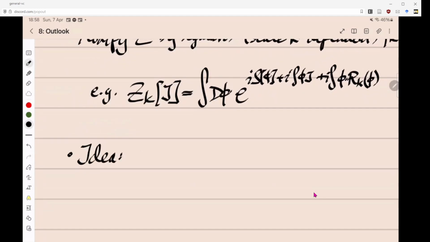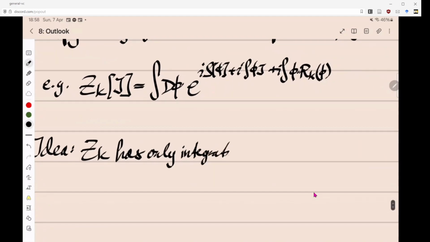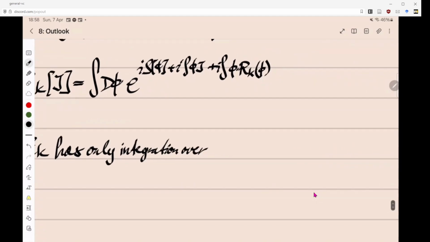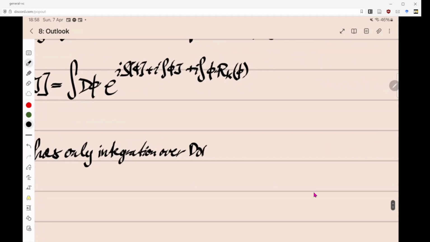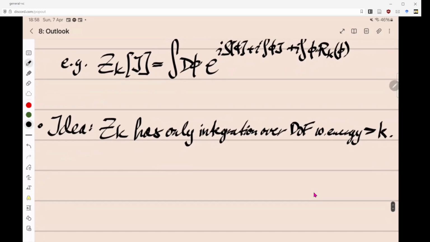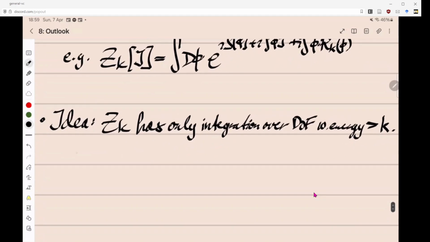The idea is Z_k has only integration over degrees of freedom with energy greater than k. So that's the idea. Somehow you have some kind of indicator function, a cutoff,